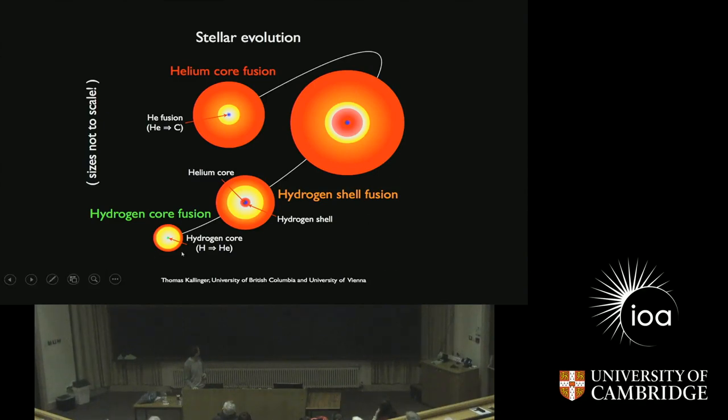So we see here, the star first burns hydrogen into helium, then it runs out of hydrogen, and it has a helium core. It expands into a red giant, and then it starts fusing helium into carbon. And for most stars, this would be the end. They would never be hot enough to fuse carbon. And the core, which is made of carbon and oxygen, would be left behind as a white dwarf, and the outer parts will be blown off.